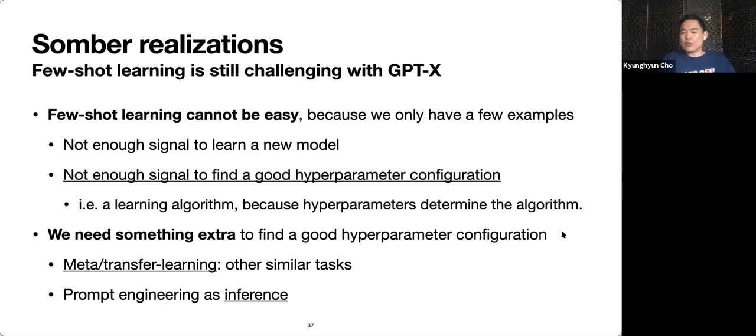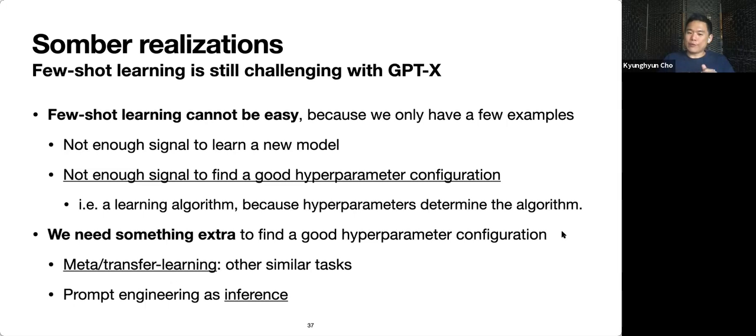The main message is that few-shot learning is still challenging, even with GPT-3, 4, 5, I don't know, whatever the GPT-X is going to be. Because we just don't have enough examples. When we have only a few examples, it's just not easy to do anything. There isn't enough signal that we can use,